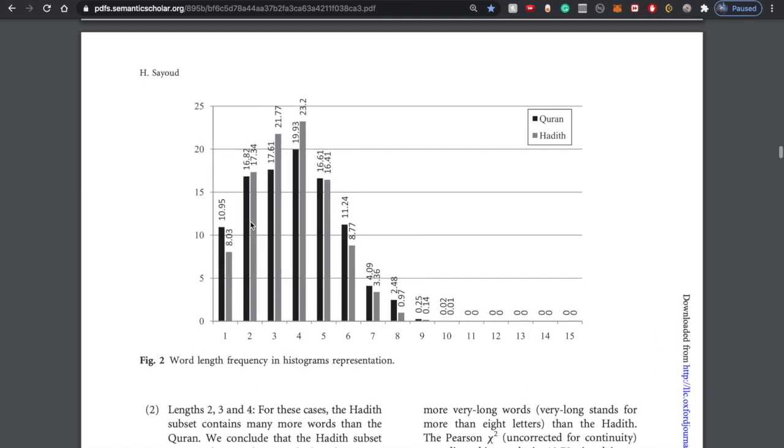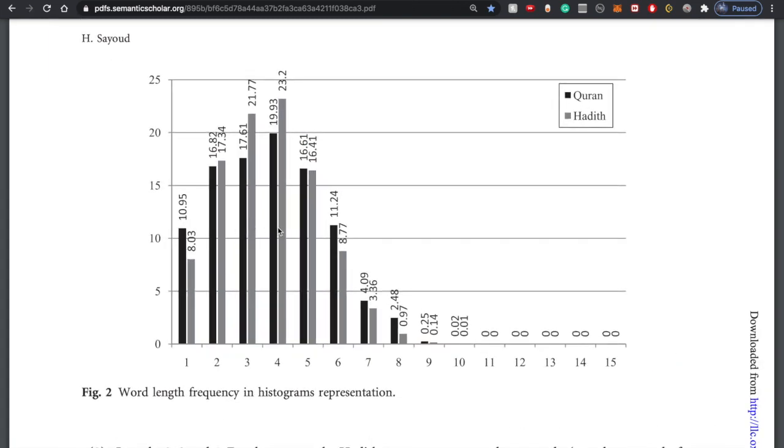So, of course, certain word lengths are more popular. Of course, you're going to get more words that are generally in this range, right? Because most words are composed of a specific amount of letters, right? For example, you're not going to get a lot of words that are composed of like 10 letters or whatever. So, of course, you do have this sort of general trend. So all we want to look at is the differences. And we see there are significant differences between the word lengths.